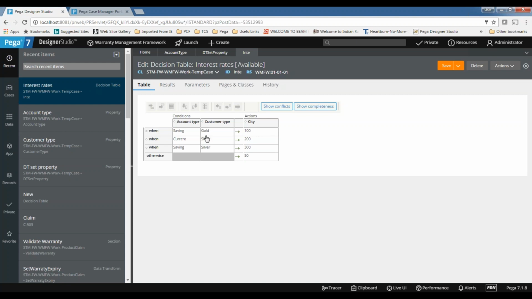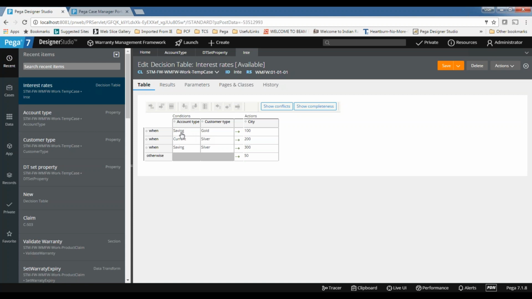One more thing, we will use this in marketing scenarios, not in generic applications. In the decisioning applications, we will use this one. Let's say I want to offer some offers to the customer, but I have a lot of offers in my catalog, and I want to give the best offer for him. At the same time, I don't want to lose the profit. So I need to consider multiple parameters while giving the offer. I will give the weightage for each and every offer, calculated with parameters like revenue, profit, and customer type.